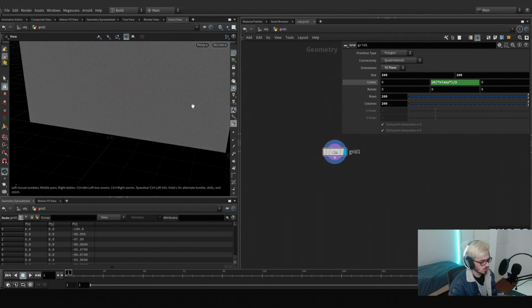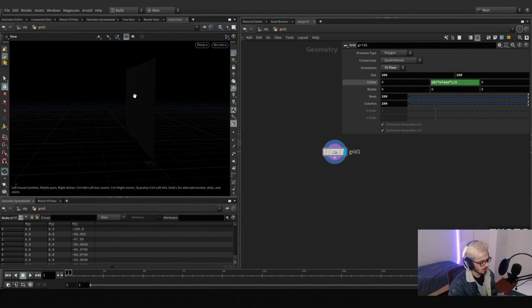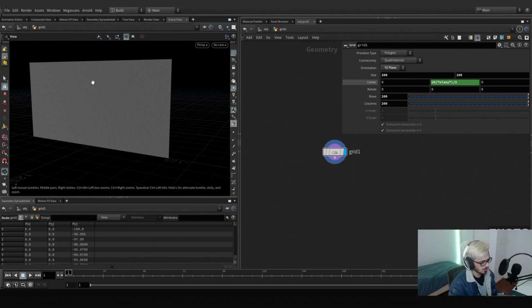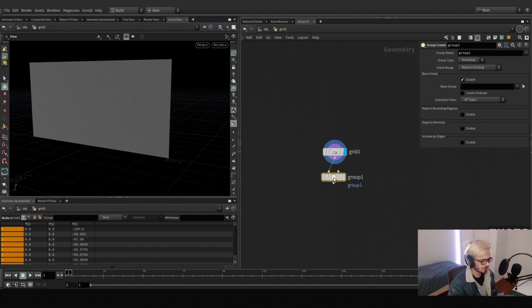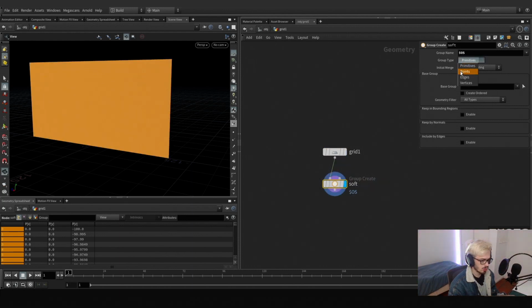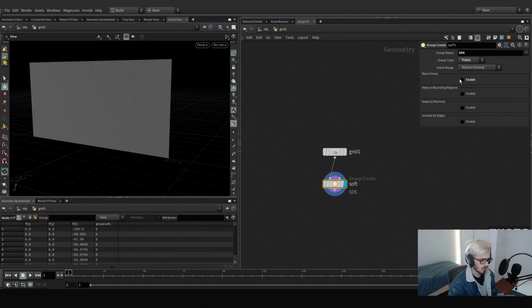And then usually sandstorms have a bubbly shape like this. So I want to group the top part and move it in a soft way. Let's create a group. This group is going to be called soft, and I'm going to use the $os. With the middle mouse click, we can watch the name of the node. What we're going to do here is select the points, enable this,